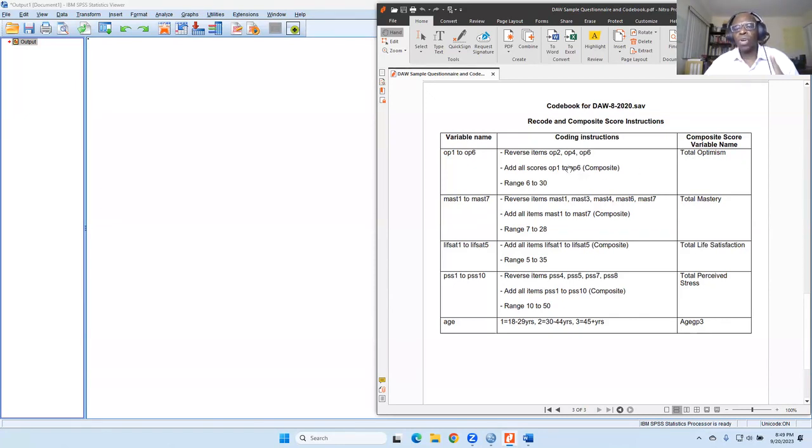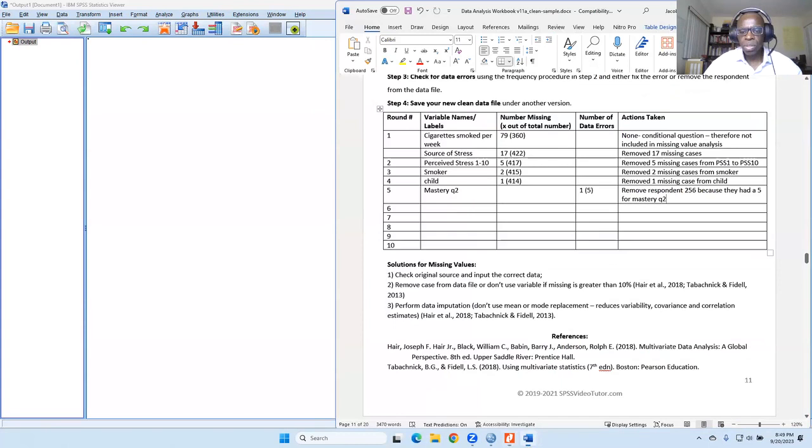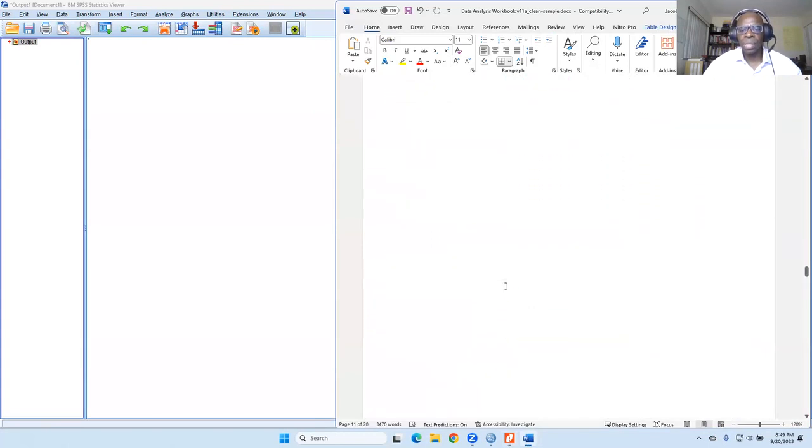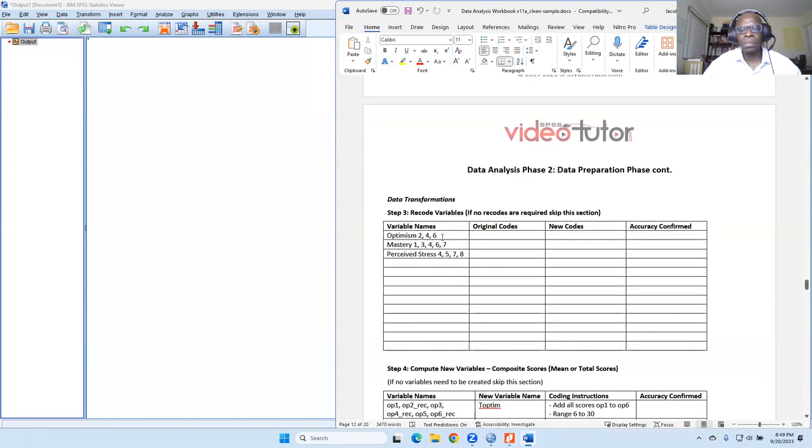We have to reverse code optimism 2, 4, and 6. And optimism is 1 to 5, right? So essentially what we would do is come down here and write: optimism 2, 4, and 6 need to be recoded.